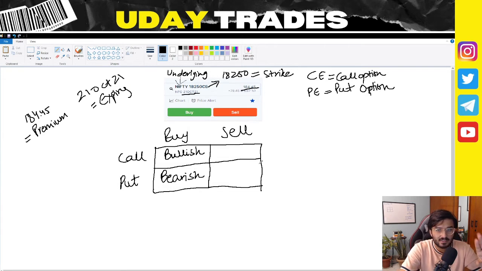Guys, if you understand this quadrant, things will be very much easier for you, and it will be very beneficial if you figure out how this quadrant works. It will be great for you. Now, the selling side is a bit complicated, but mainly it is the opposite of what you are doing as a buyer.